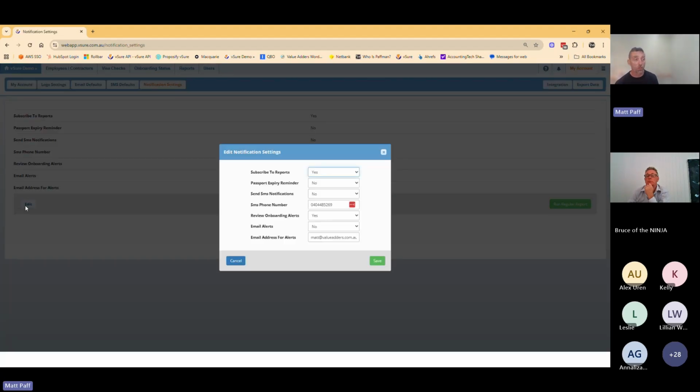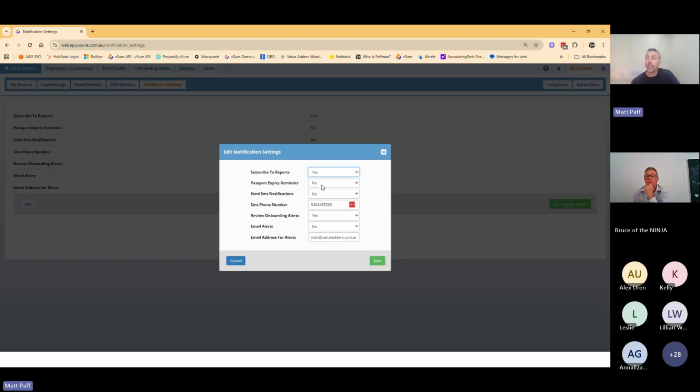That's the report that you're subscribing to. And if you say yes to that, that's basically going to send you that report if it's set up for monthly, every month. It doesn't send you the report as an attachment. It sends you the report as a hyperlink because the data contained within that report is highly sensitive. So you will need to basically log into vSure to access it, but it will take you to the most recent report.